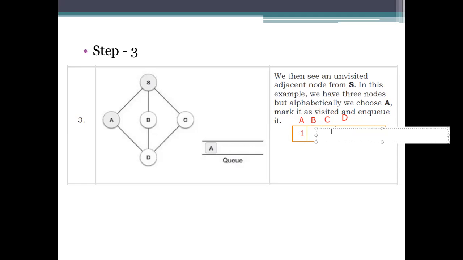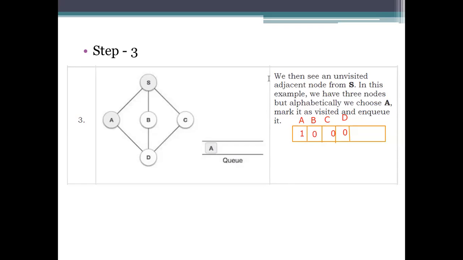Initially all the values will be 0. They are not visited yet. When we are visiting, what you have to do is make it a visited one.